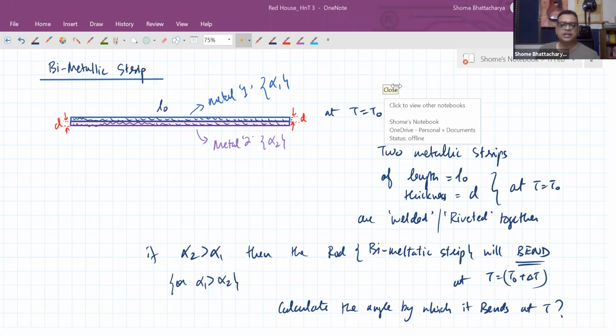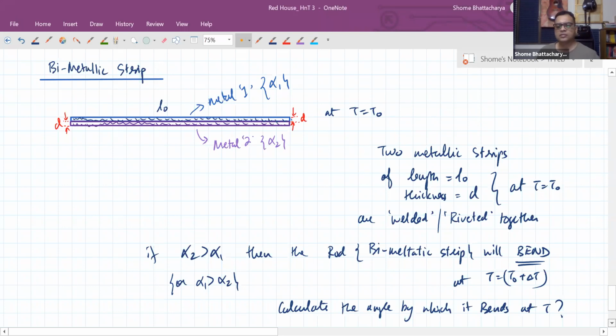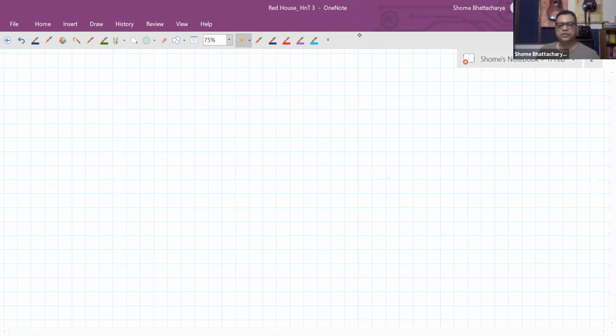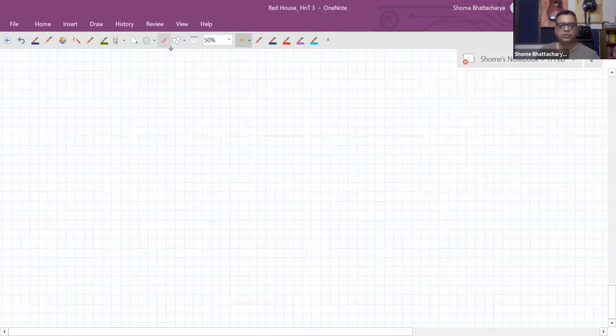If alpha 2 is greater than alpha 1, then the second rod, the one below in my diagram, should be of longer length. It should be on the outside, and the first rod will be on the inside. Yes, alpha 2 will bend more, so it will be on the outer side of the curve, the convex side. And the first one will be on the concave side. So that is how it will go. Anyway, let me try and draw a diagram to illustrate that point.